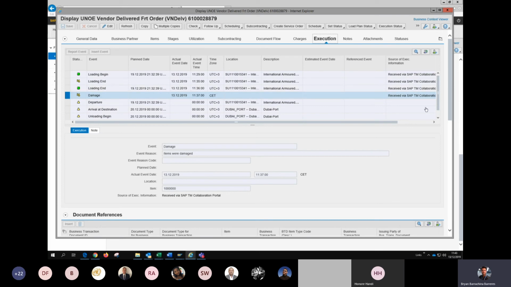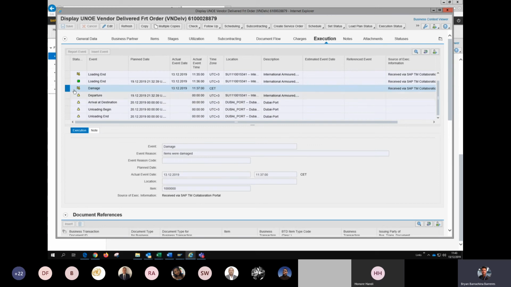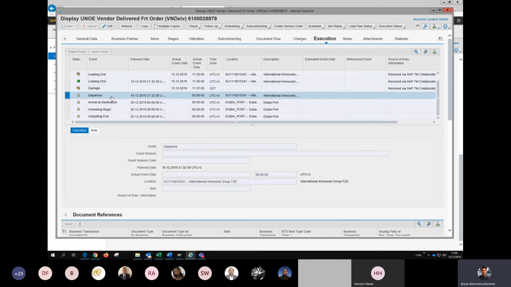So how is that done? And this is really what is related to you, okay, and how you submit the events in TM. So let's say we have already our events here. We see that we have unloading begin, unloading end, arrival at destination, and departure. So one of the events that would be missing is departure. This will show up in CCP as the origin location events, but here you see we have them all combined in one big section. If you simply go to edit and report the event,